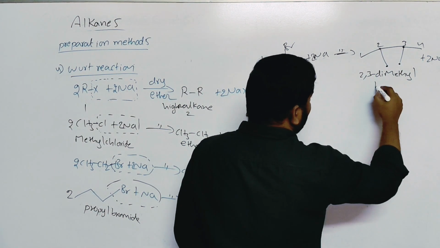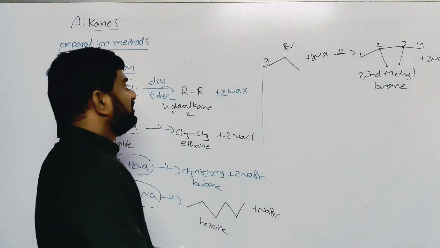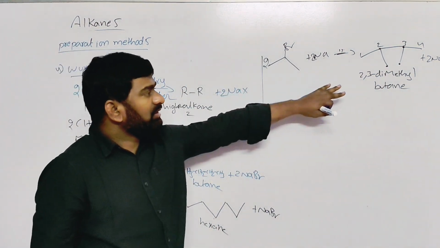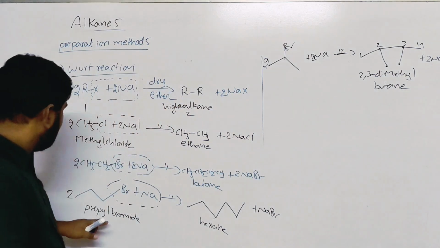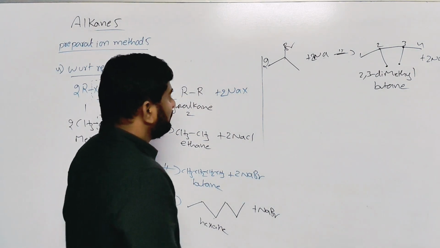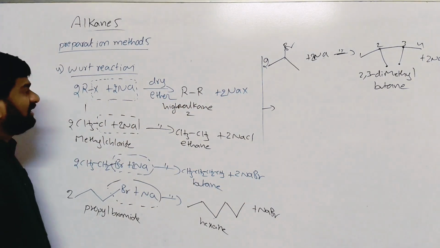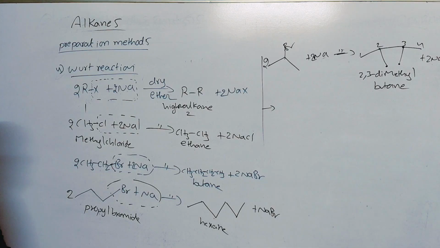Dimethyl, and the longest chain has 4 carbons, so butane. In this way, if you take isopropyl bromide, you will get 2,3-dimethylbutane. If you take propyl bromide, you will get hexane. Okay, the next very important point is about using the Wurtz reaction to prepare odd number of carbon containing